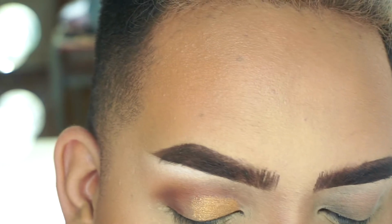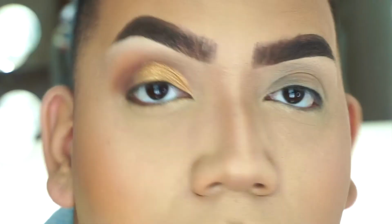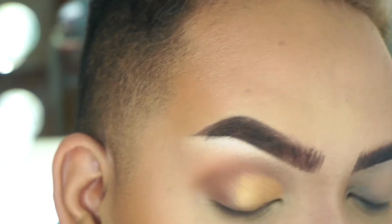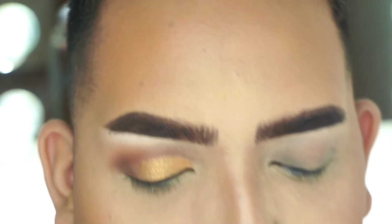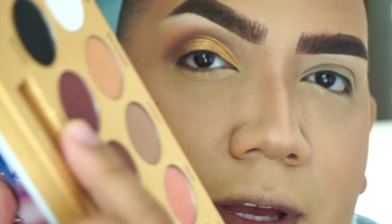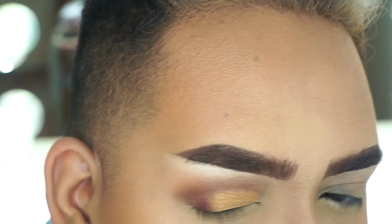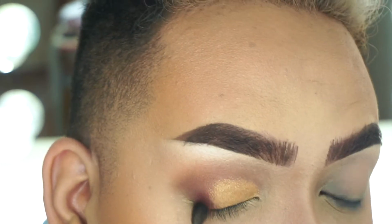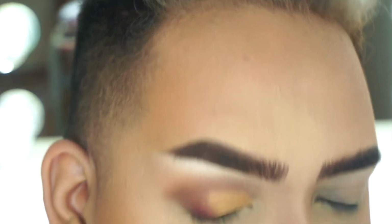Oh my god. Are you guys seeing this look? I'm going to add a little bit more depth. So I'm going to take the color Trade over here, which is this shade right here, and I'm going to be blending this right on top. I'm going to add it a little bit on top of